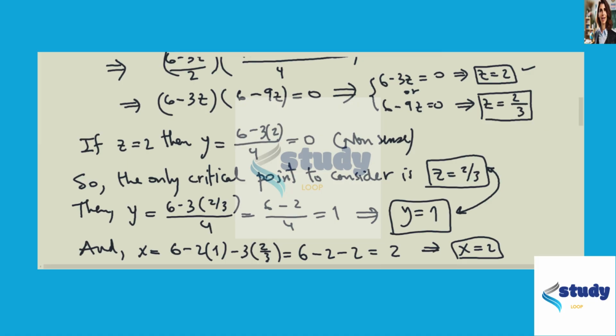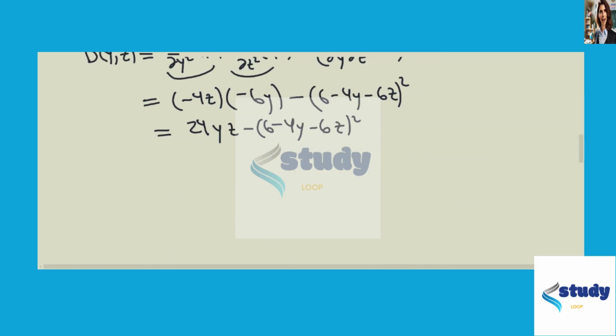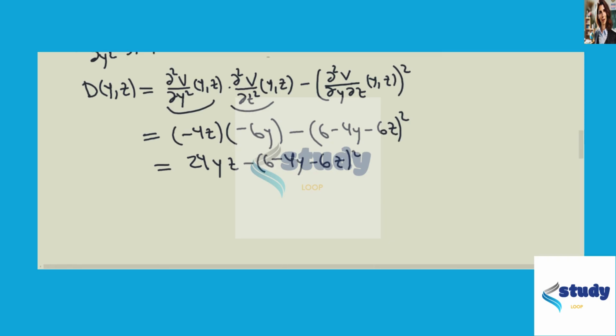So if you want, you can write that correctly here. And having said this, we can say that the determinant at the critical point (1, 2/3) is equal to